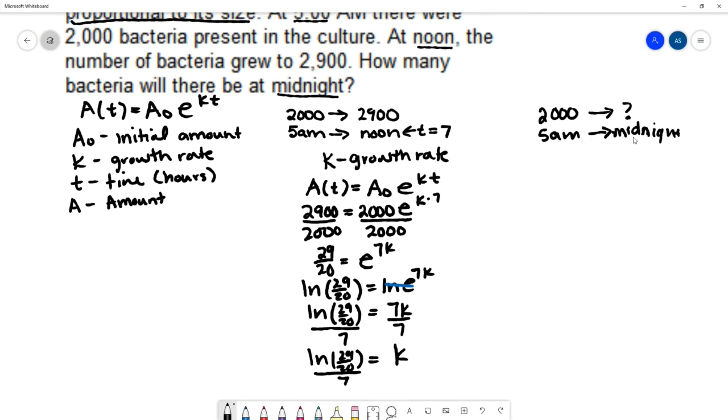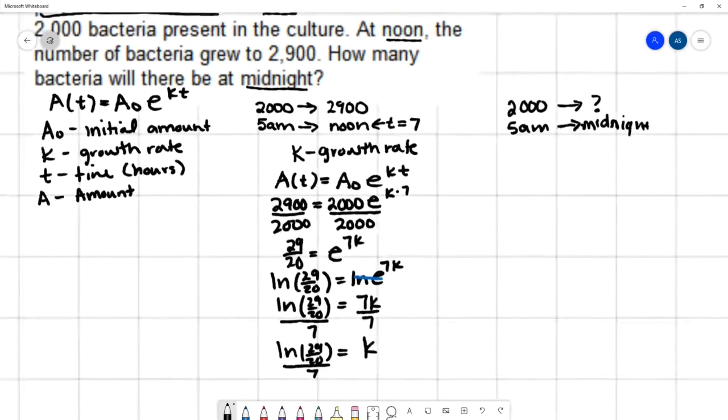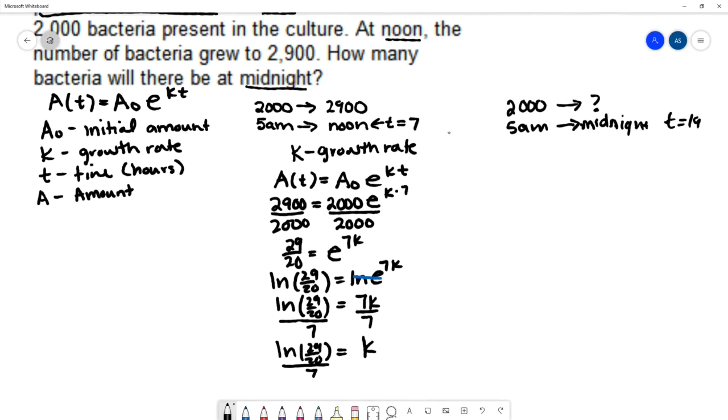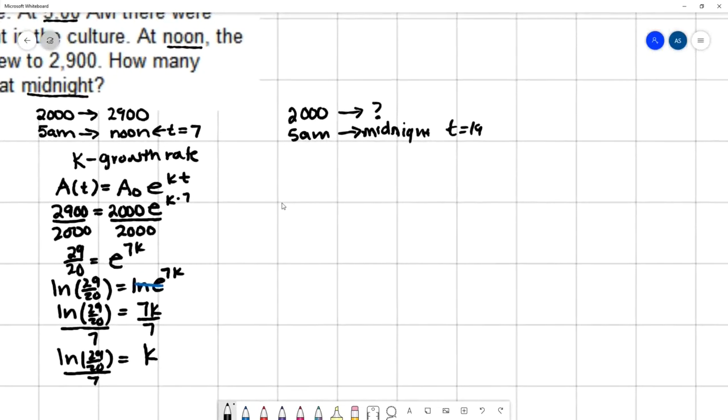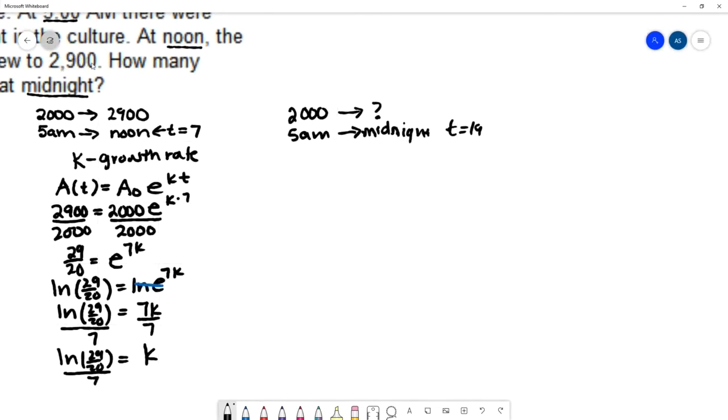So from 5 a.m. to midnight, that's going to be 19 hours. Or if you prefer, you can set it up from the 2,900. So if you go from 2,900 until midnight, you're going from noon to midnight. That's only a time of 12 hours. So if you set it up